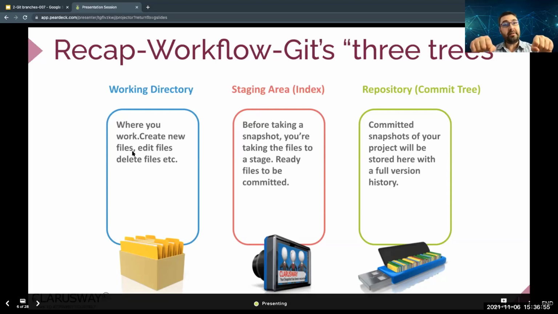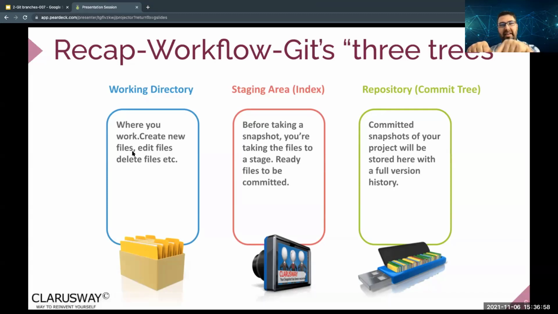Like in your shopping cart, I don't want to buy this, so take it from your shopping cart and put it back on the shelf. This is git rm cached. Is that okay? Okay, thank you. When you want the things back in your shopping cart, git add item, git add tomato, git add file1.txt. You don't want it in the shopping cart? Just take this away with git rm cached and the file name. Put that back again.